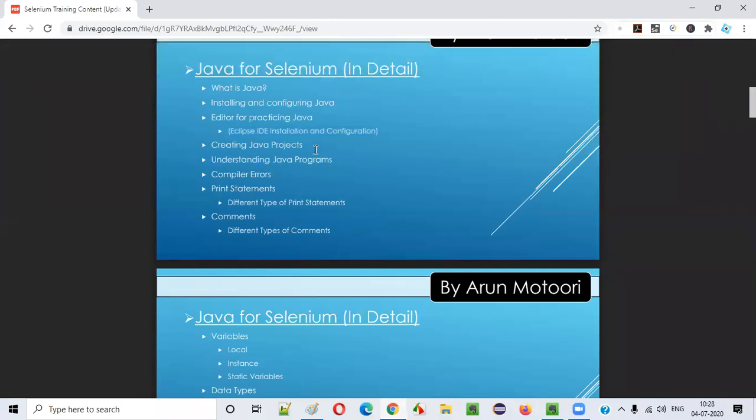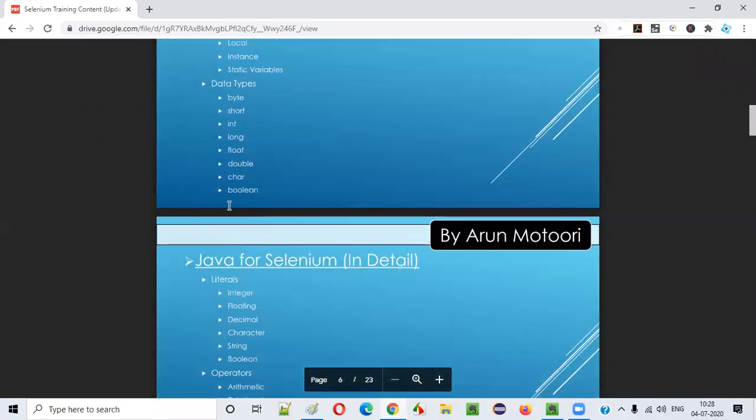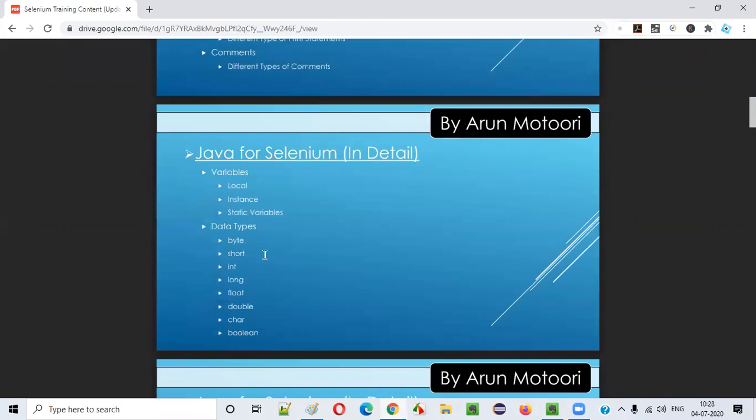Here you see a sample project will be created. I will explain the keywords that we generally use while writing Java programs. Once you understand the Java programs, only then will I start explaining things like variables and data types. Without understanding Java, you should not start learning anything, guys. You should know each and every keyword of Java first.